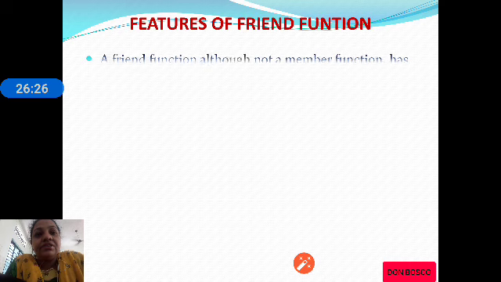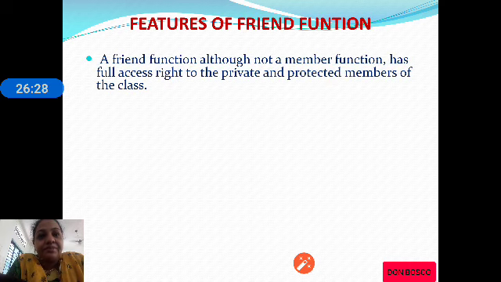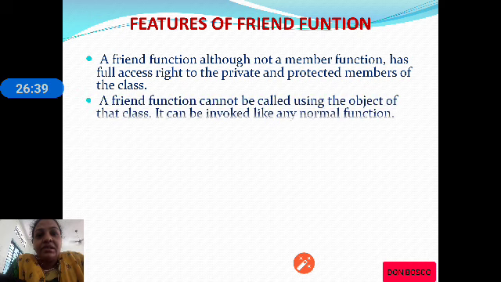So let us check out the features of a friend function. A friend function is not a member, but it has full access rights to private and protected members of the class. A friend function cannot be called without using the object as the argument.